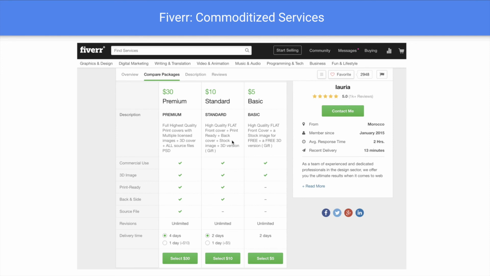You can use it commercially. But if you just pay $5 more, it's print ready. You get the front and the back side. You still don't get the source file, which might be important in some cases. And in this case, you have unlimited revisions for all three packages, which means that if you don't like what they provide after 4 days or 2 days, you can ask them for a new revision. They will go back and change it according to your wishes until you're happy,